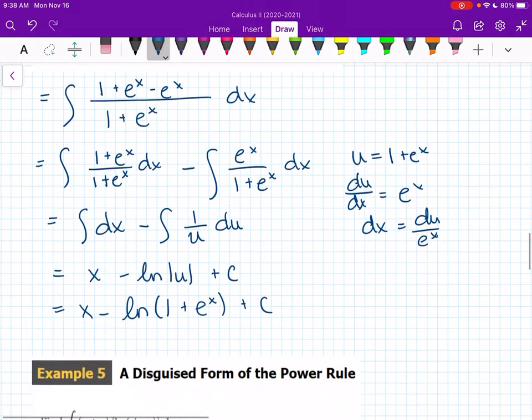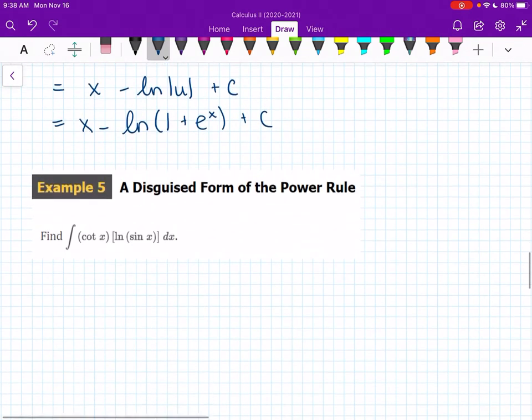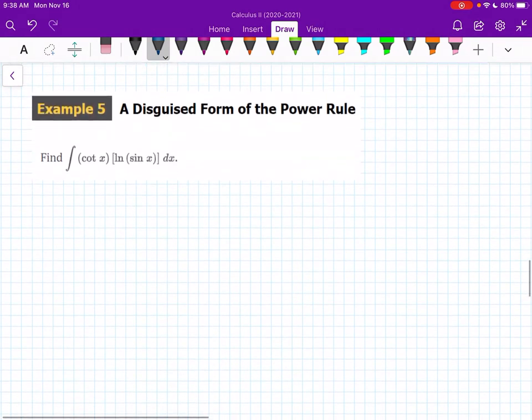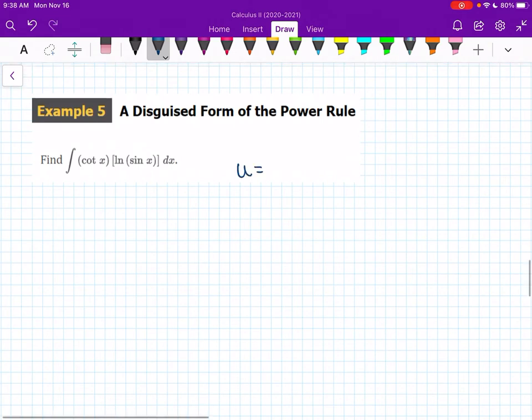All right, next one. A disguised form of the power rule. So we have this really messy integral, cotangent times natural log of sine x dx. So for this one, what we're going to do is some nice, fun u substitution. So if I have u equal to the natural log of sine of x,